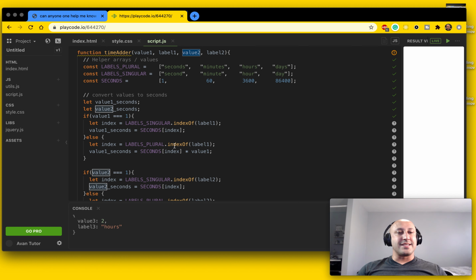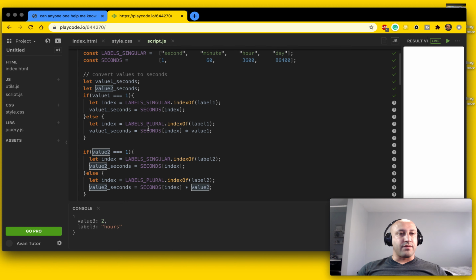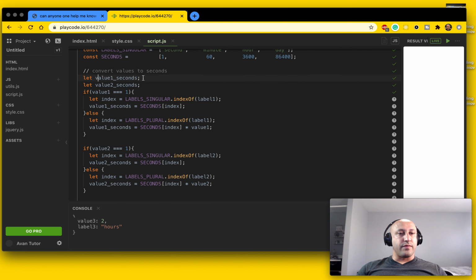So everything is in seconds. And here's my logic for it. I created these 2 variables called value 1 seconds and value 2 seconds. Then I determined if either one of them is a singular value, right? Is it just one of anything? If it is, then I know the label. I use a different